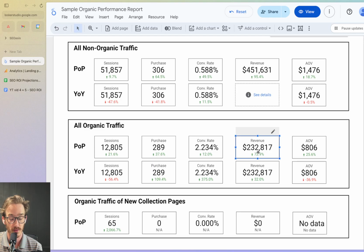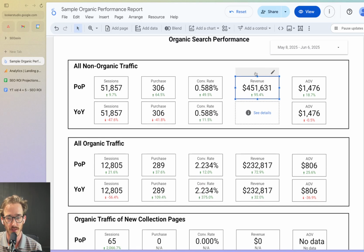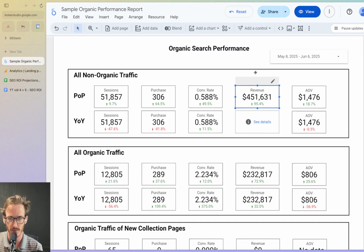Revenue for organic traffic grew 73%, let's say, and then this grew 95.4%. So revenue from all other traffic sources is growing quite a bit faster than organic. Now that's because they were running ads and emails and all this stuff. So there's a lot of stuff going on. So we know that organic revenue is still growing pretty quickly, but compared to the rest of the site, it's growing a little bit slower because of all the sales and all the other different promotional marketing stuff